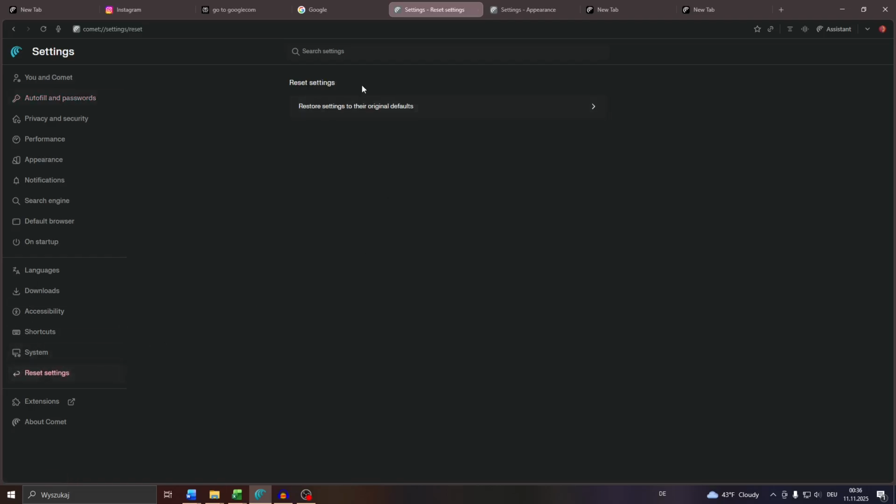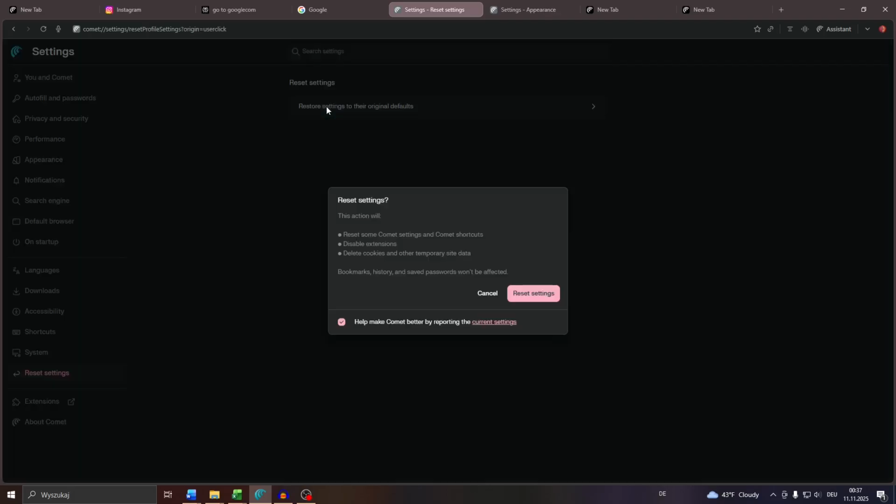And after that, guys, you will see that option to the right. And if it's familiar to you guys, it's understandable because Google Chrome and many other web browsers are using the same interface, as you can see. So it looks pretty much the same way as on Google Chrome, and it also works the same way as on Google Chrome. For example, if you click into Restore Settings, the Comet AI web browser will ask you for permission,